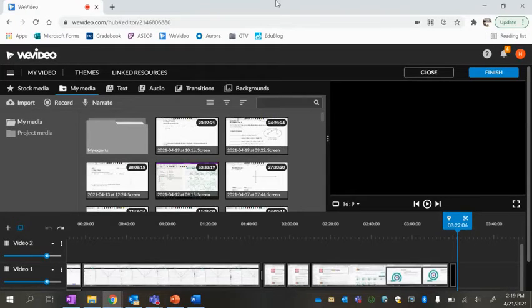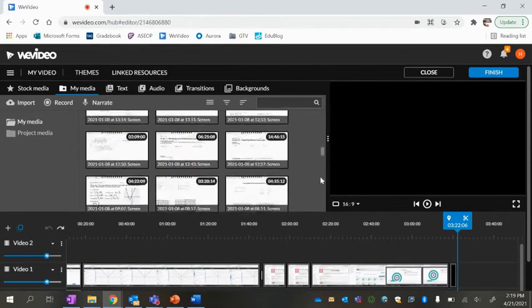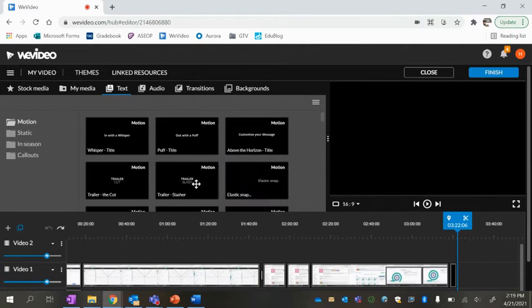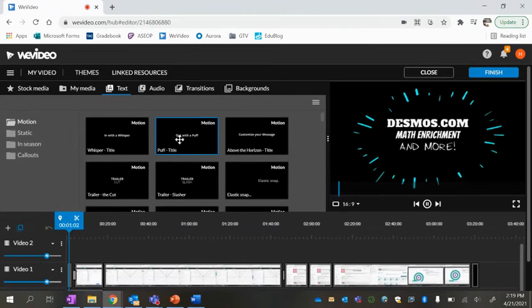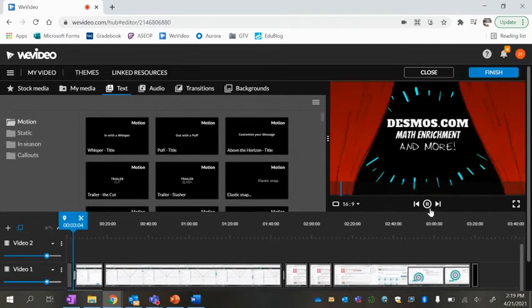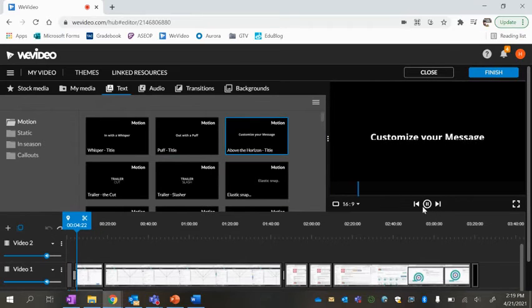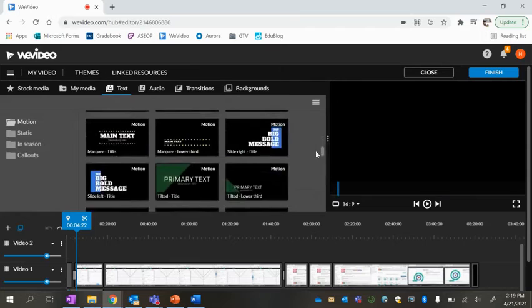So this is a look at what WeVideo looks like, and it's very, very easy to navigate. You can go through, and on here they have a collection of media that you've already done. So I can reuse some of these videos and edit them later at a different time. There's also text that you can throw in, which over here they do give you a preview. So right now, as you can see, this is a preview of what I already showed you. So you can come in here and they give you a preview of the text before you put it into your